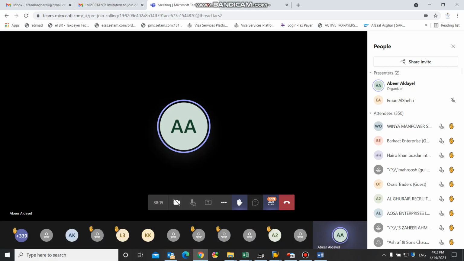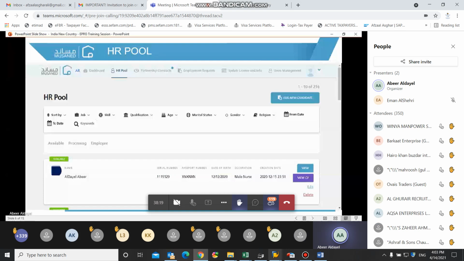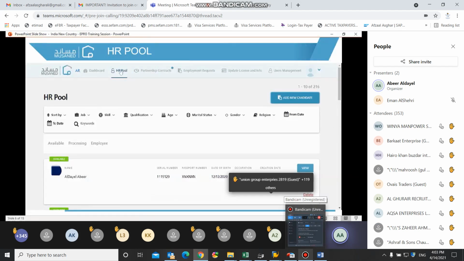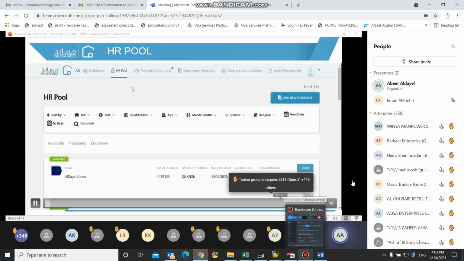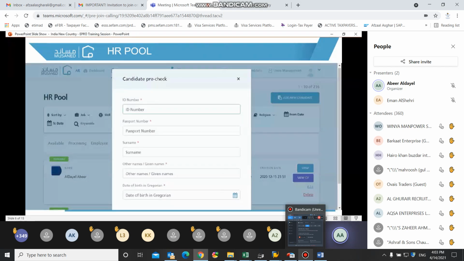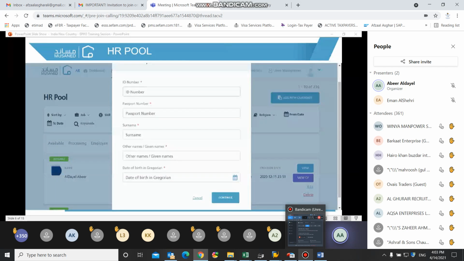For the APRO, the HR pool is considered one of the most important pages, because through this page, the office can add new candidates that can be created under this organization. The user can add a new candidate by clicking on the Add New Candidate button. After that, the candidate pre-check form would appear so that the APRO can fill all the personal details of the candidate, starting with the candidate ID number